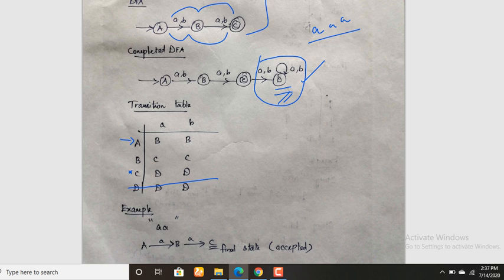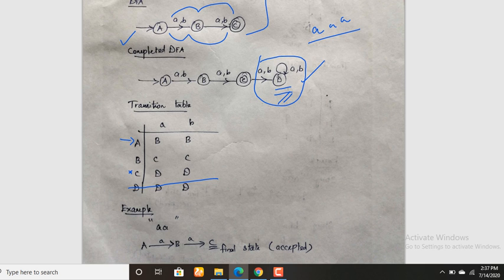And one more thing, we can't say that for any given problem only one possible DFA can be drawn. We can't say that. For a given problem, we can draw one or more DFAs. So I can't say this is the only way of drawing a DFA for this problem. If some other way is possible, you can choose that way also, but keep in mind your DFA should be a minimized DFA. Minimized DFA means you should prefer to use a smaller number of states.